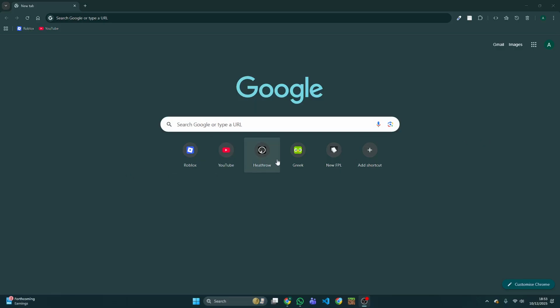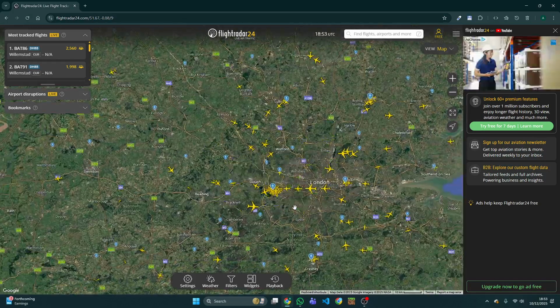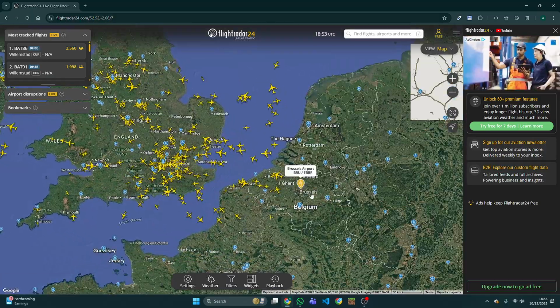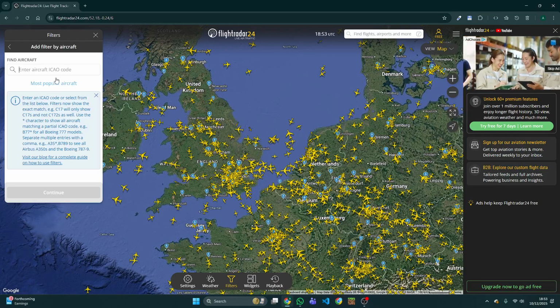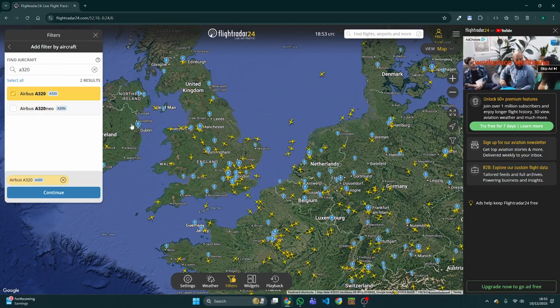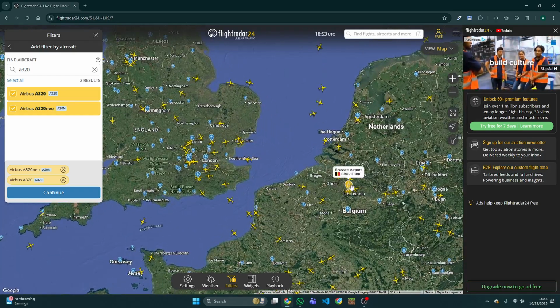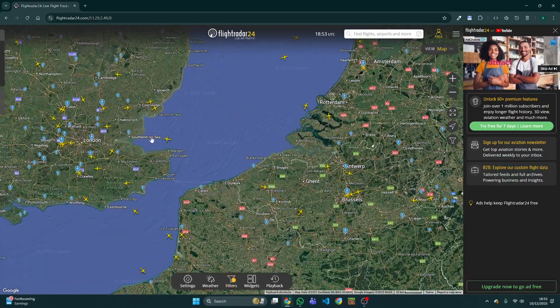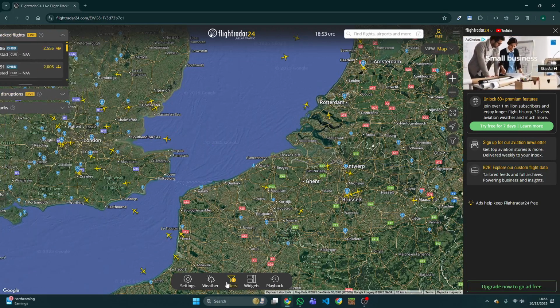So first thing, I'm going to go to Flightradar. And I'm going to look at the airports I want to land at and take off at. So I'm going to filter by my aircraft, so A320. And then I'm going to look at maybe if any aircraft are doing my route, because I would like to do